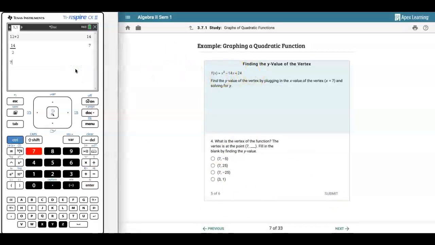So I'm going to have 7 squared minus 14 times 7 plus 24. So my y coordinate is going to be,